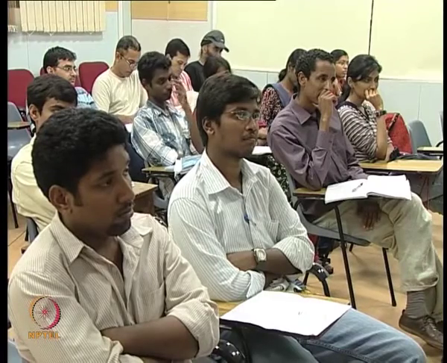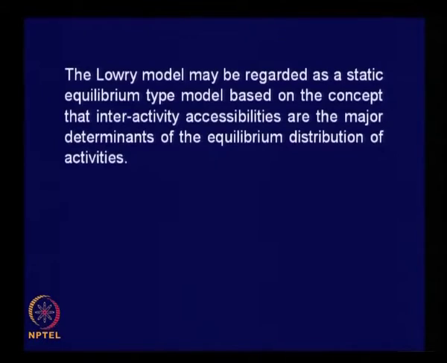You have activity centers, right? Accessibility between activity centers is what is stated here as interactivity accessibilities, right, spread over space in different zones. And Lowry's model measures this interactivity accessibilities in terms of Fij, okay, travel time factor, and that activity accessibility measure is used as the basis for predicting the horizon year activity distribution also, right, which may or may not be correct,